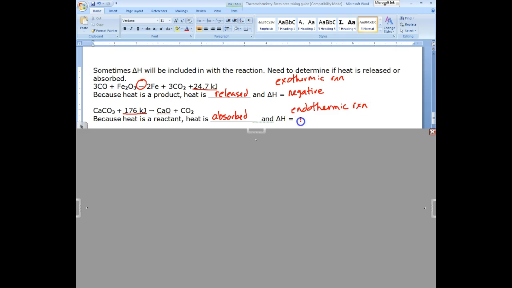And delta H would need to be a positive number, because again, we use the sign to represent the direction that the heat is moving. So that's how you deal with delta H, or your heat being in a reaction, and how you decide whether it is an endothermic reaction or an exothermic